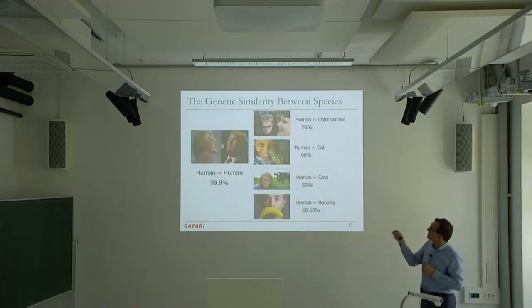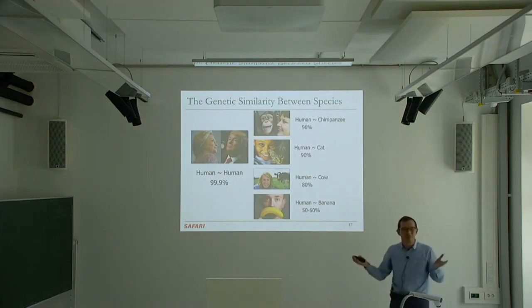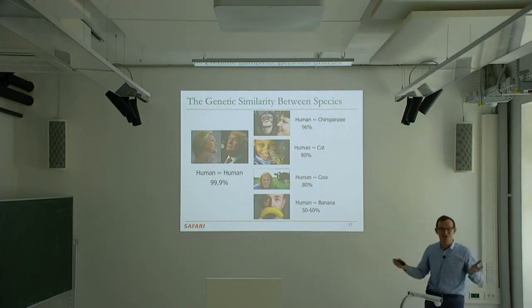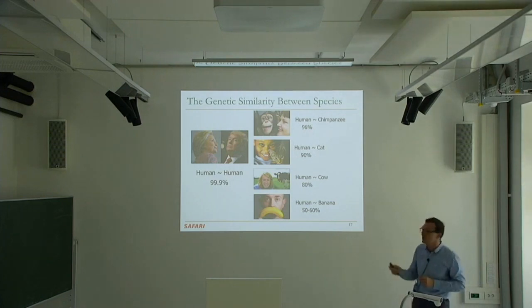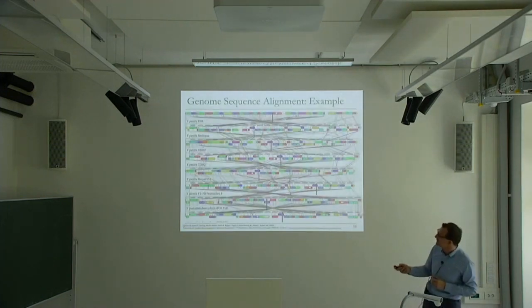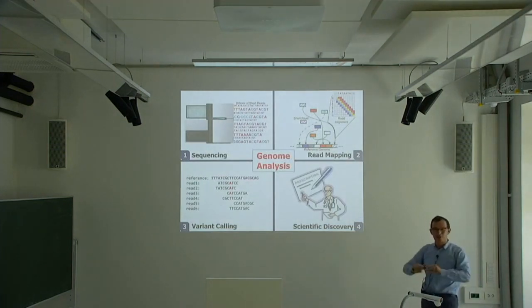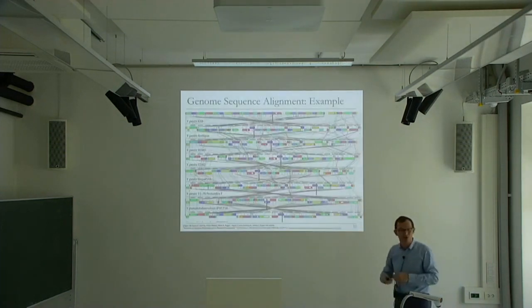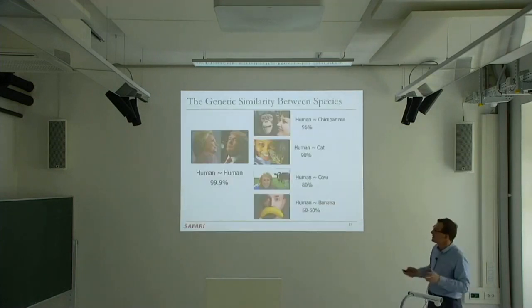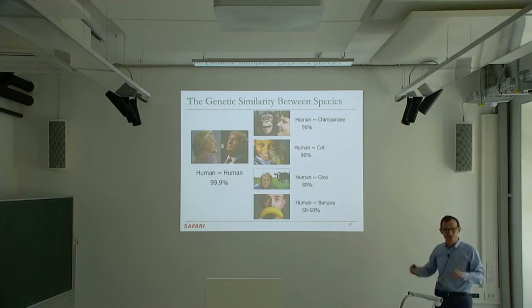But this also points out the importance of figuring out the differences really well. Because if you don't figure out the differences really well, in the end, you will have no discovery, right? The key is really finding out those, what is called variants. That's what this variant calling means over here. Variants from a reference genome or variants between different species. Otherwise, you will say everything is the same, right? So you need to be really precise when you do these studies. That's why computational accuracy is very important.